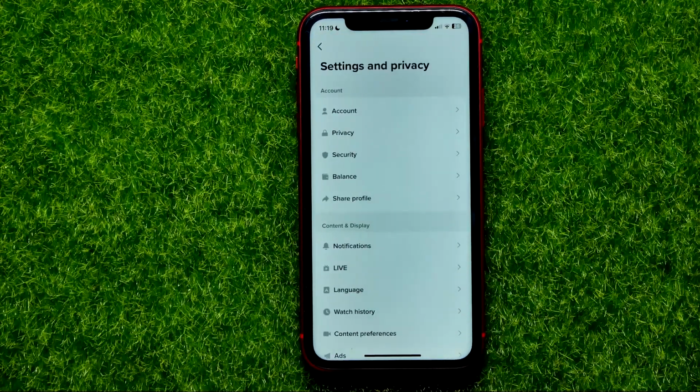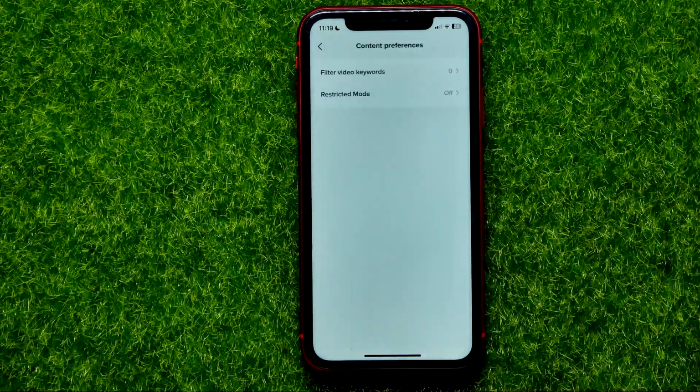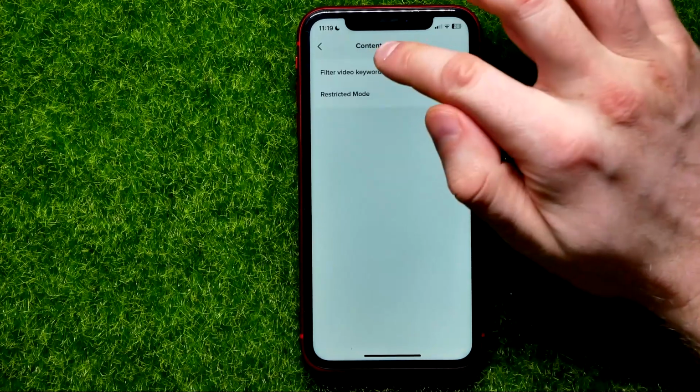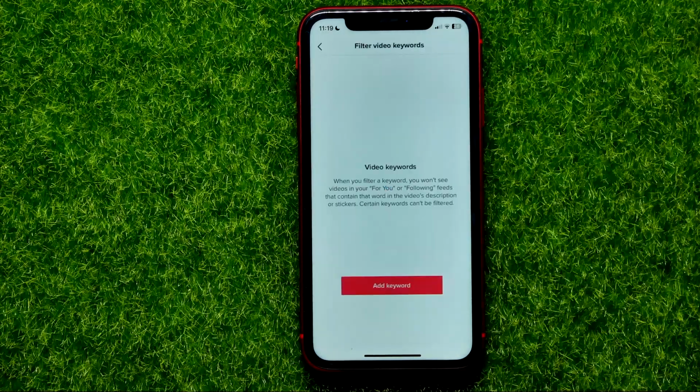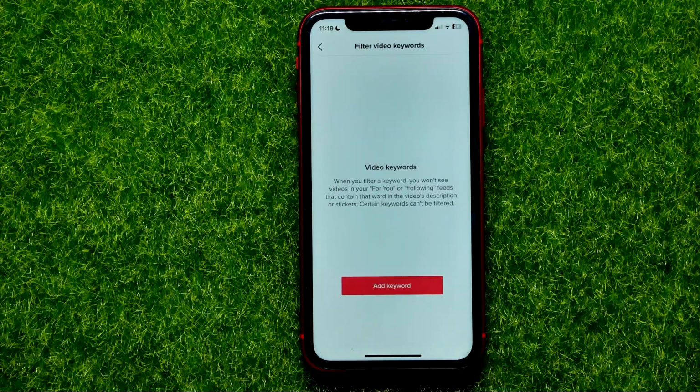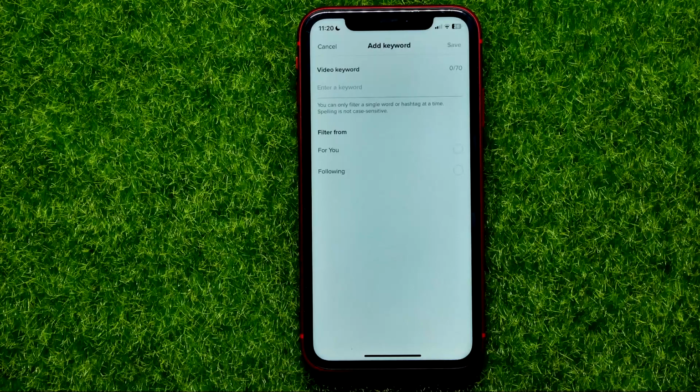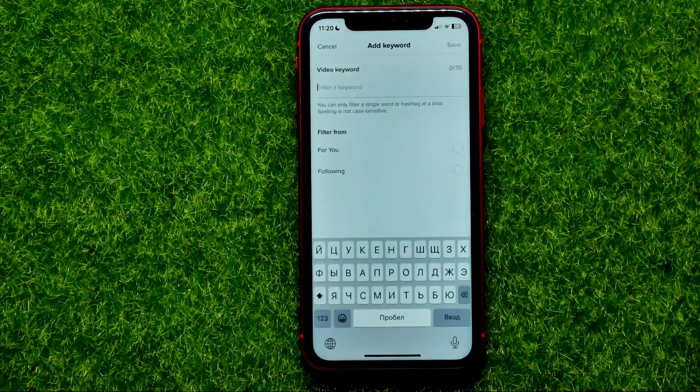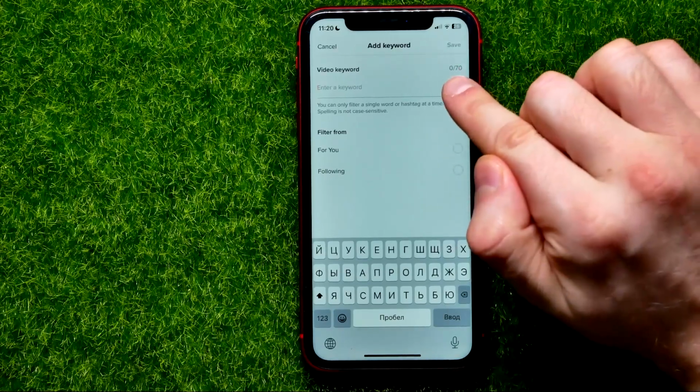Also, you can get into settings and tap at content preferences, just like that. Right here, you can first tap at filter video keywords. You can add there some keyword, and when you filter a keyword, you wouldn't see videos in your For You page feeds. So I'm gonna hit add keyword, and I can just type in whatever I want, up to 70